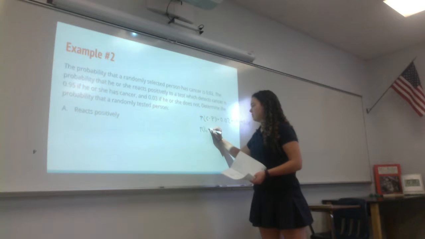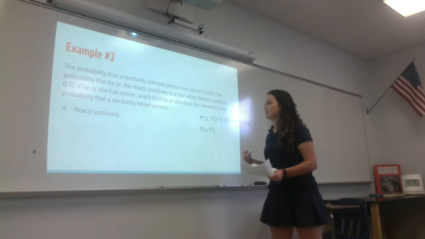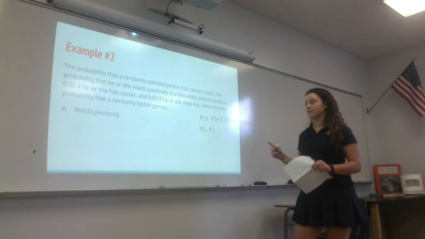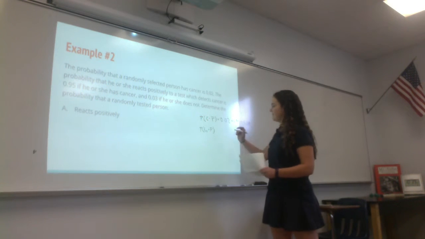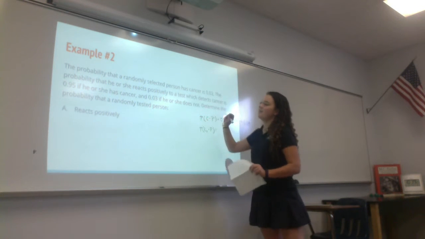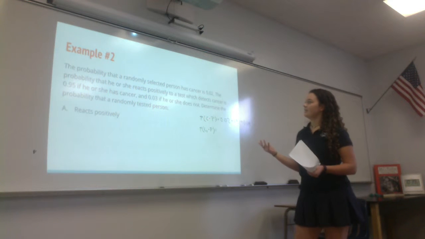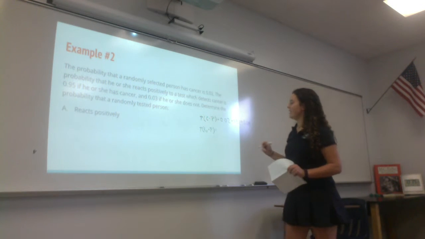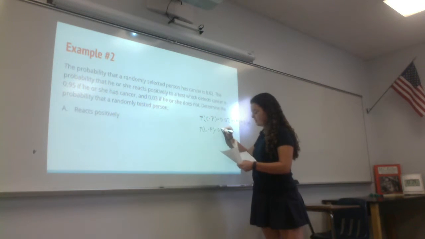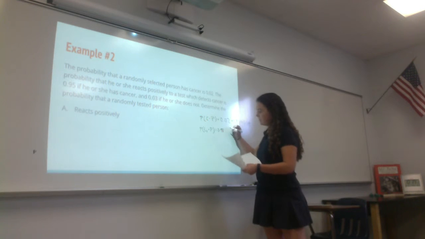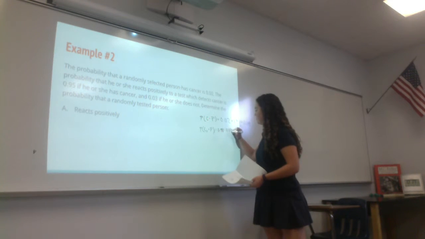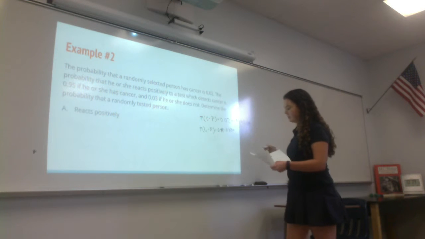And the probability of reacting positively, if he or she doesn't, is 0.3, or no, sorry. The probability that the person does not have cancer is 0.98. So you have 0.98 times 0.03,